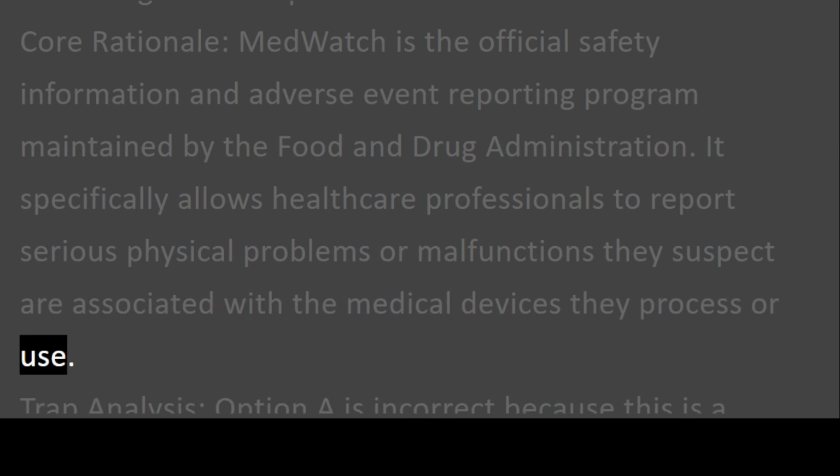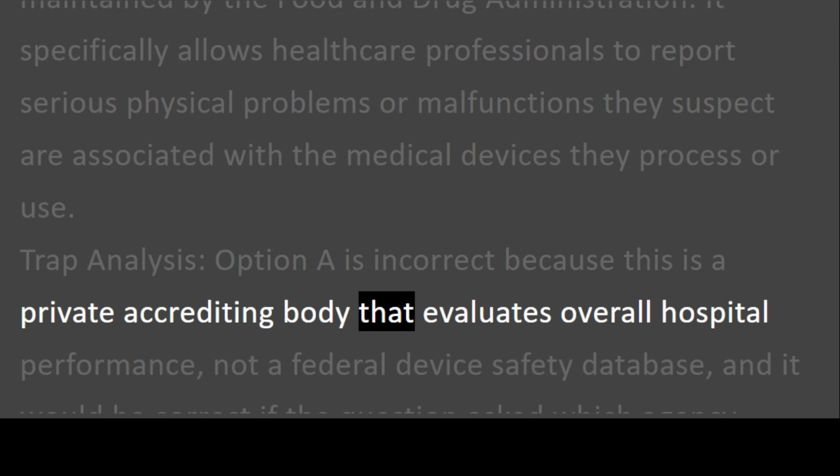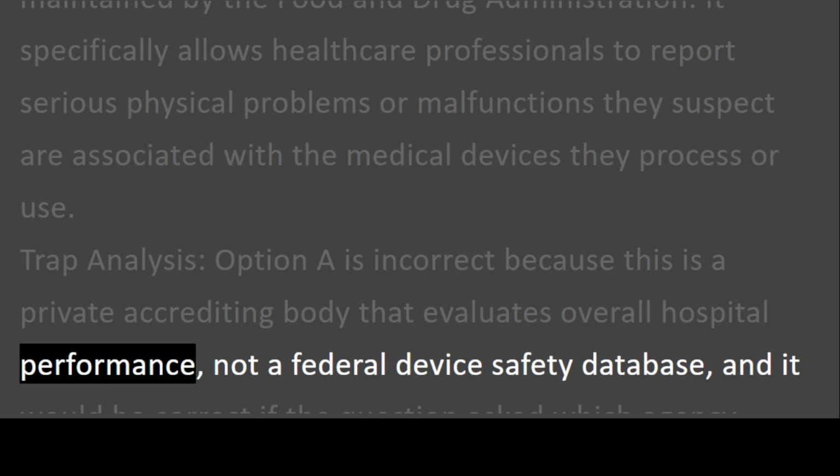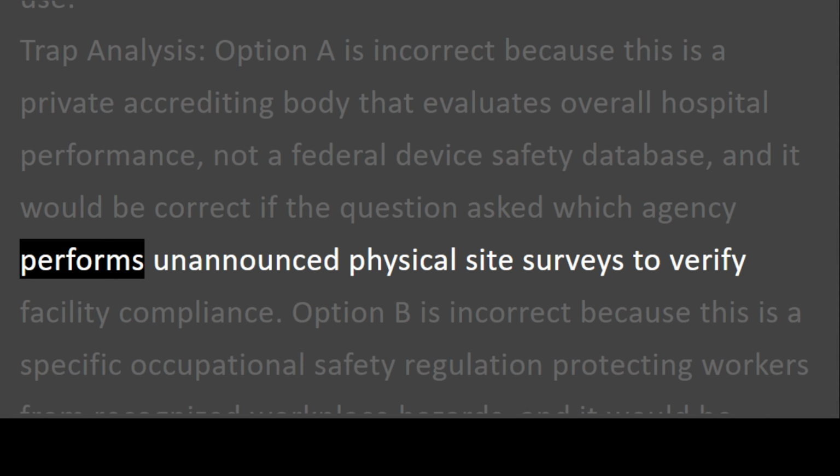Trap analysis. Option A is incorrect because this is a private accrediting body that evaluates overall hospital performance, not a federal device safety database, and it would be correct if the question asked which agency performs unannounced physical site surveys to verify